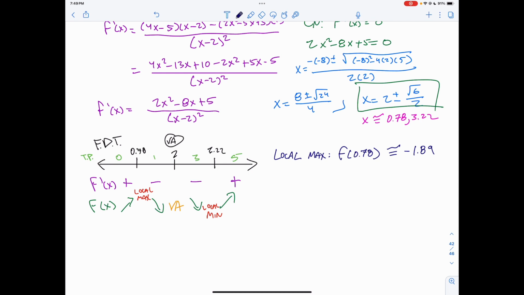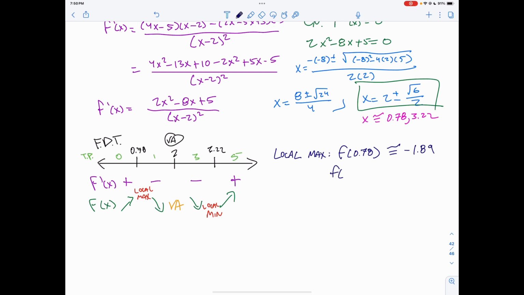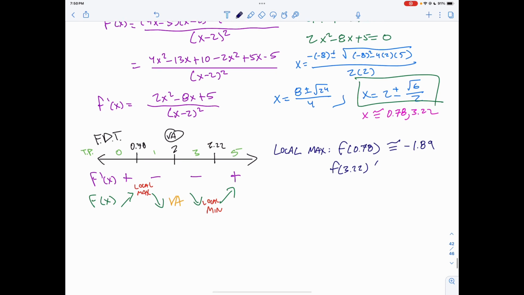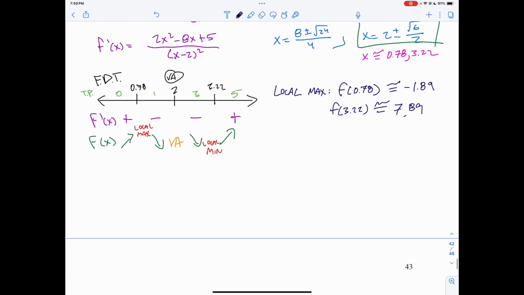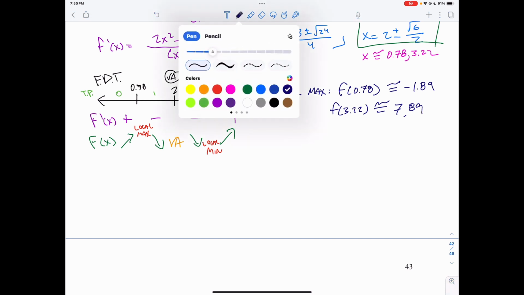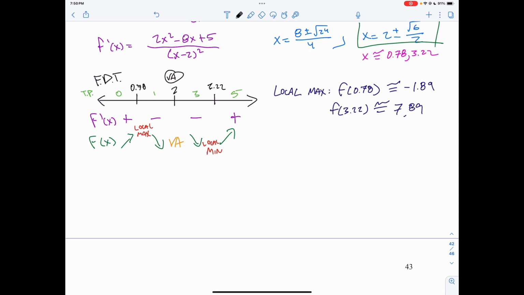When I take f of 3.22 to get my local min, that's going to approximate to 7.89. Well, this seems weird considering that my local max is smaller than my local min, but if we think about what is happening here, when I actually go to my step 8, my graphing,